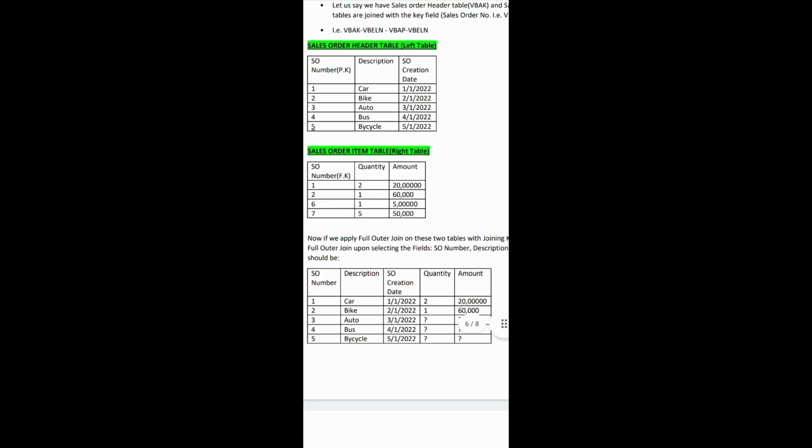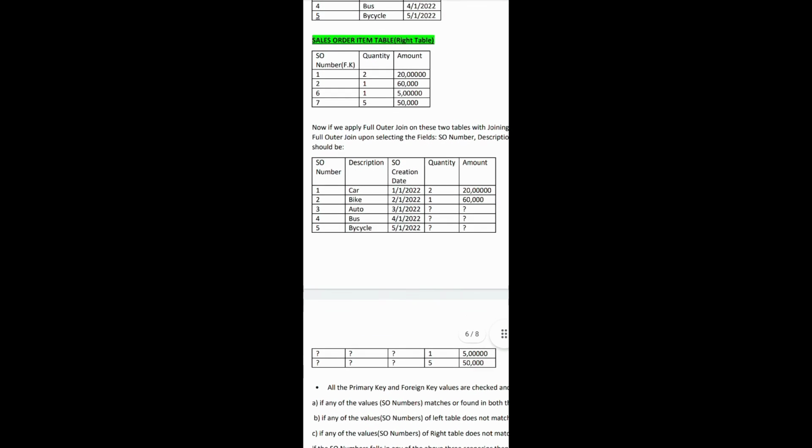For 6 and 7, we have quantities 1 and 5, and the amounts are 5 lakhs and 50,000. These two entries you can see below, with the quantity and amount in the last two records, but you do not have the sales order numbers 6, 7, and the description and sales order creation date, because these three fields are picked from the left table,